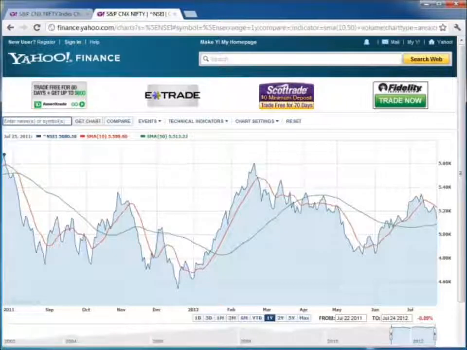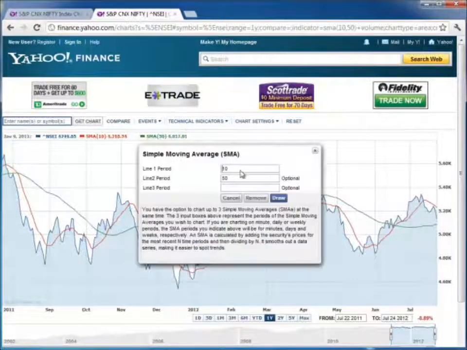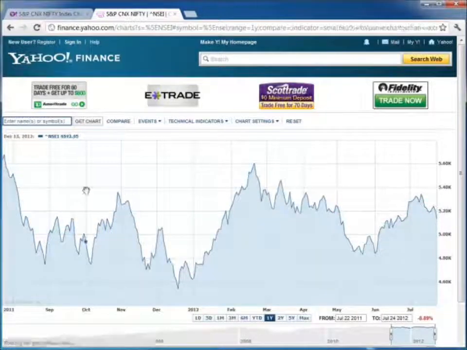Triple crossover. Now here we are back in Yahoo Finance. So I'm going to just change the technical indicator. I'm going to just remove these, so we start with the clean chart. Now what we're going to do is see exactly what the triple